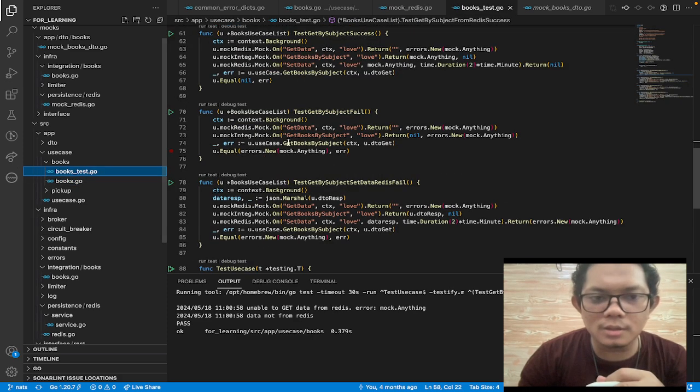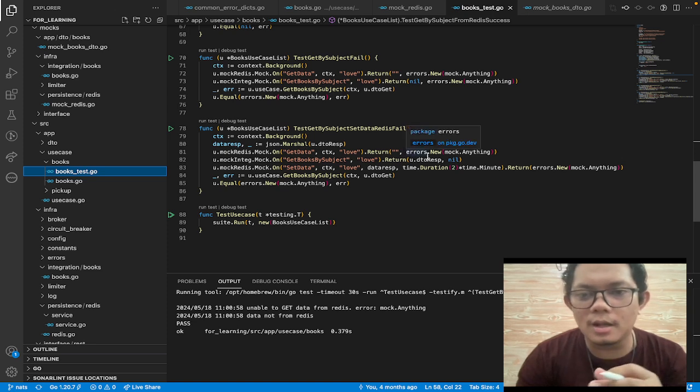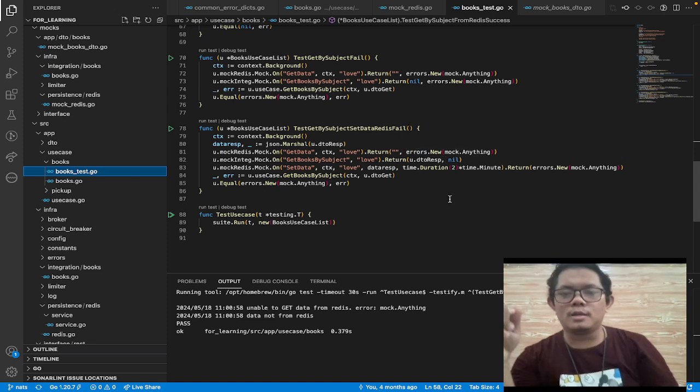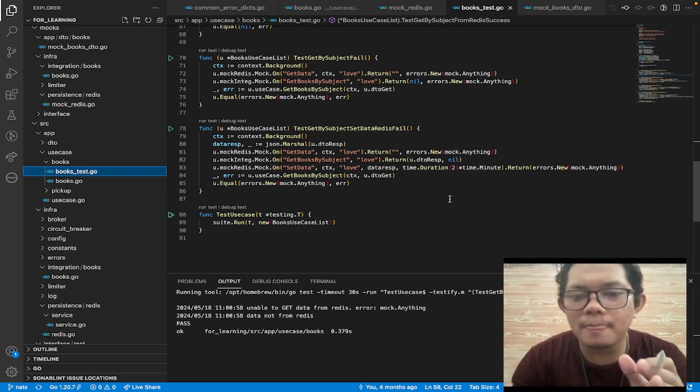So we make a scenario for test get by subject set data Redis fail. The scenario is about we call the mock Redis and we return an error. In this line I use mock anything, so it will make it easier to make an error to this line, especially to this method.